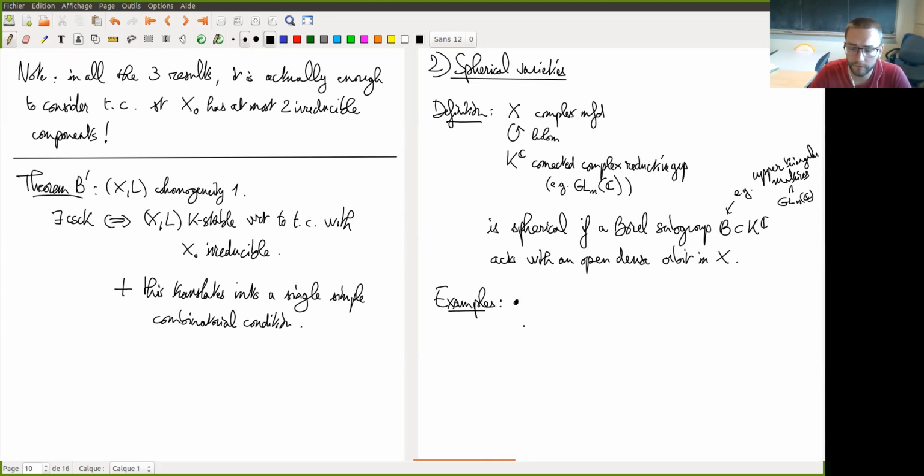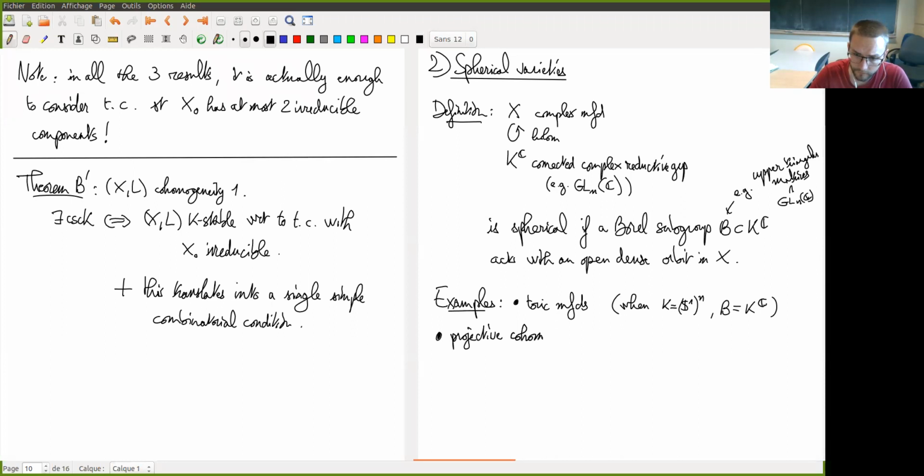The first one being that it contains lots of examples, and in particular, it recovers the case of toric manifolds. This is when K is a torus, and then B is equal to K_C actually in that case. Toric manifolds are examples of spherical manifolds, and then you also have these